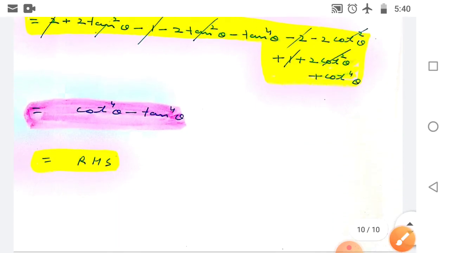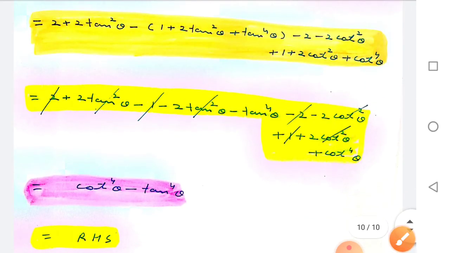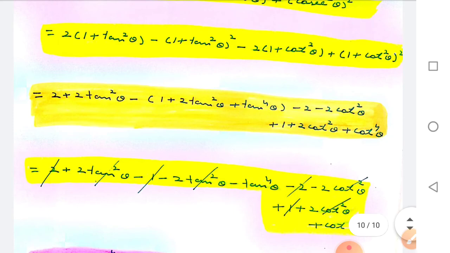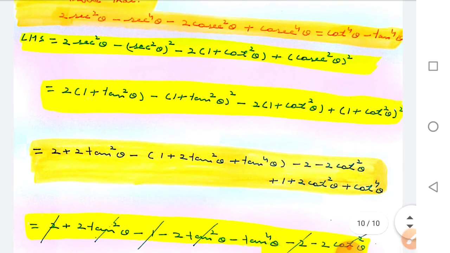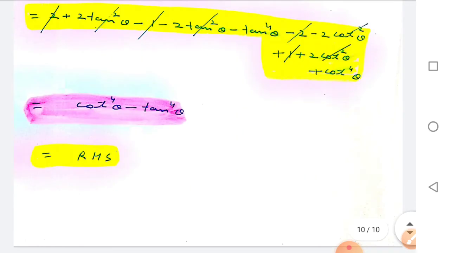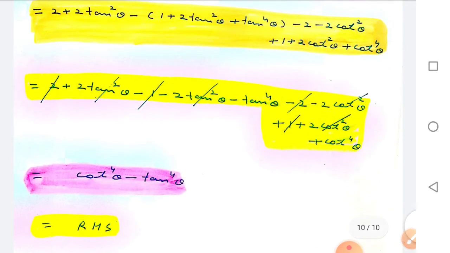As far as this chapter is concerned, that is Introduction to Trigonometry, and this was part 2 of the important questions. In this chapter we have done 30 important questions, and all these questions are from board examinations and are important. Please practice all these 30 questions seriously.